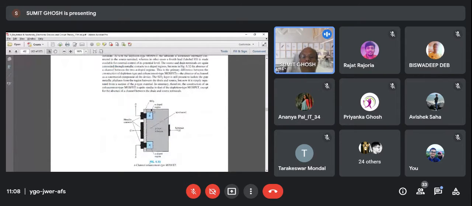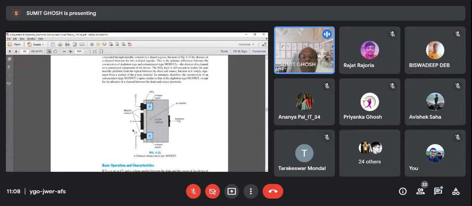Now, from this diagram, everything looks very familiar because you have already understood all of these things. What is the major difference between a depletion MOSFET and this N channel enhancement type MOSFET? No channel. Very good. Channel is absent. So when you buy it, the channel does not exist, and without the channel, nothing will work. What is the use of this transistor? You can throw it away in the dustbin.